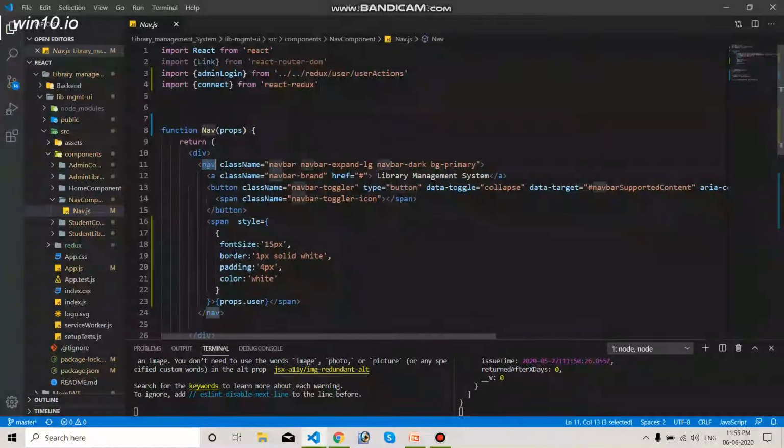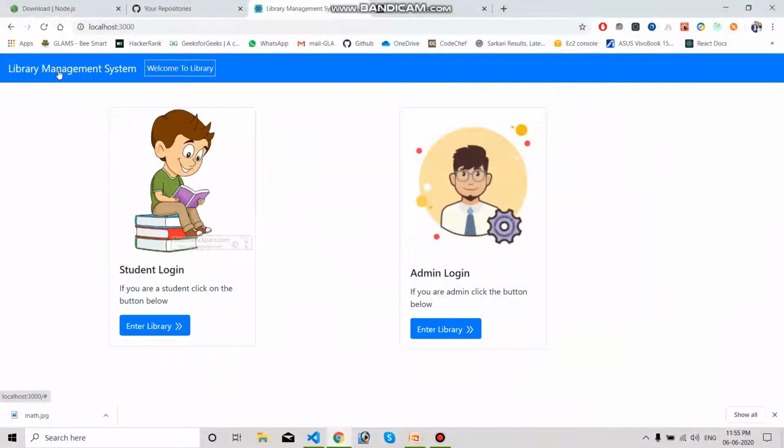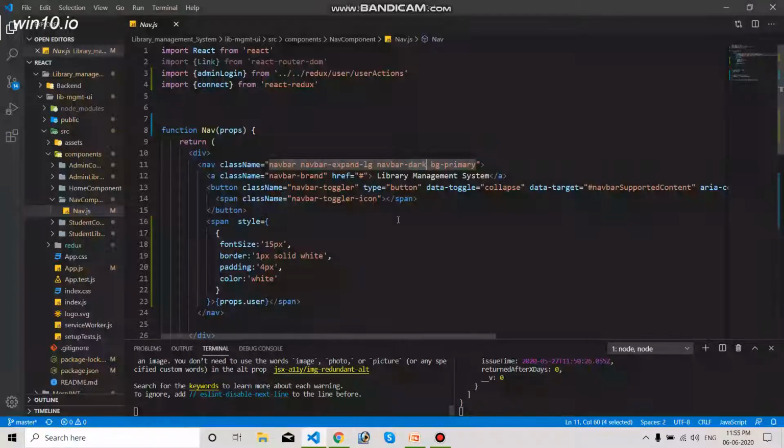This is the nav. Class navbar expand LG and navbar dark. Navbar dark makes sure this nav text, that is this button text, appears in white color, so it works in opposite. If you write navbar light, then it will be dark, and if I have written navbar dark, then it is going to be white.